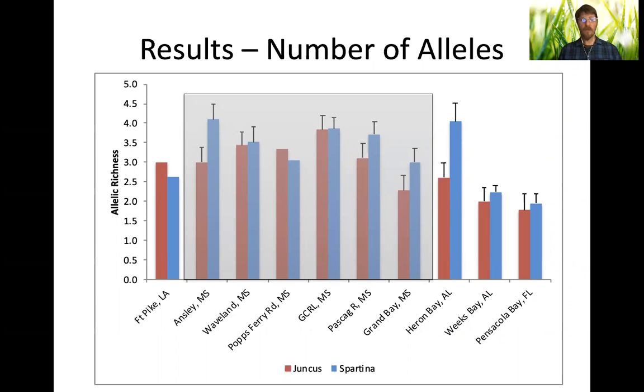The first figure here shows the sites along the bottom axis, with Fort Pike, Louisiana on the left. That's the westernmost site, and then heading eastwards to Pensacola Bay, Florida. The 6 stations in the gray box are all within the state of Mississippi, and we can see the allelic richness for Juncus in red tends to be higher within Mississippi than in the stations outside, and the number of alleles for Spartina alterniflora in blue tends to be relatively high in Mississippi, but also has some high stations